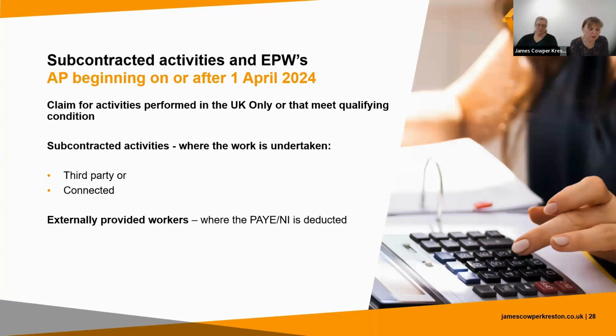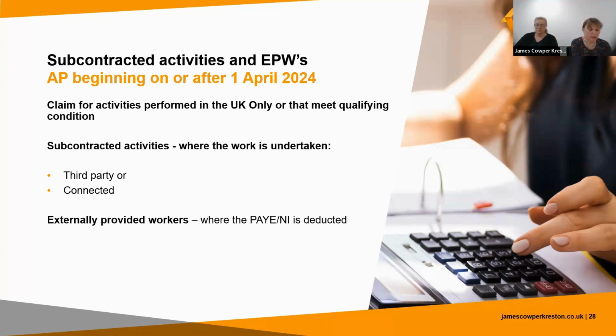So now we're moving on to some of the changes that they announced and thought they were originally going to come in for accounting periods on or after 1 April 23, and they deferred it for a year, but they haven't deferred it anymore, so it comes in for accounting periods beginning on or after 1 April 2024. This is all making sure that the R&D tax relief is related to activities performed in the UK only, or honorary UK activities, for want of better words, so what they call qualifying